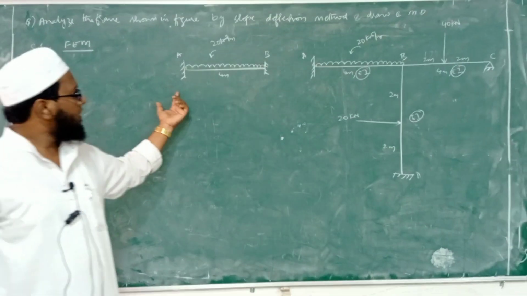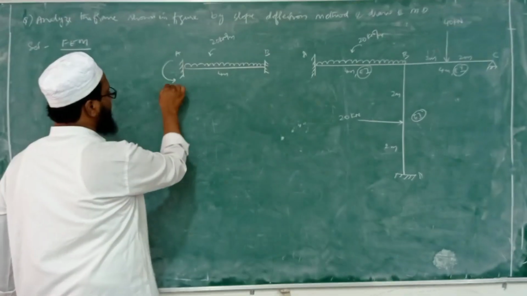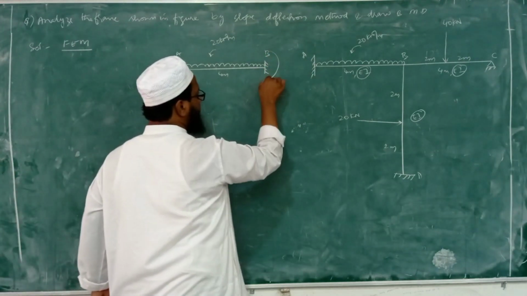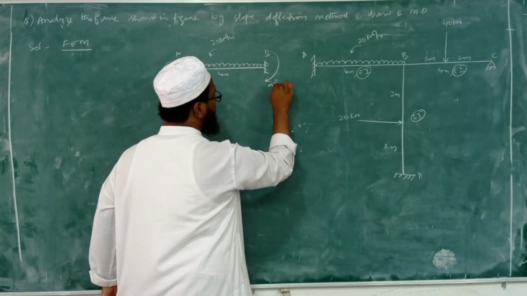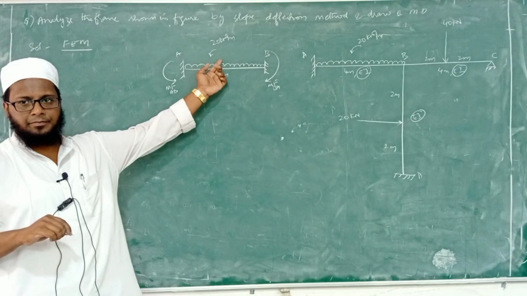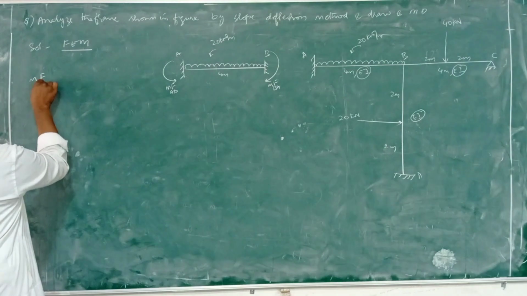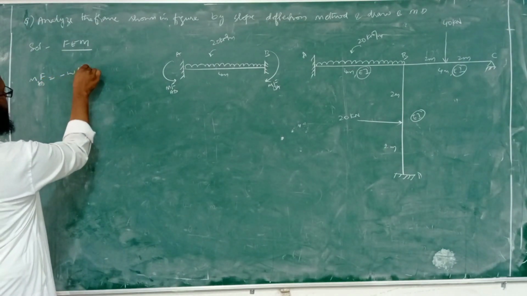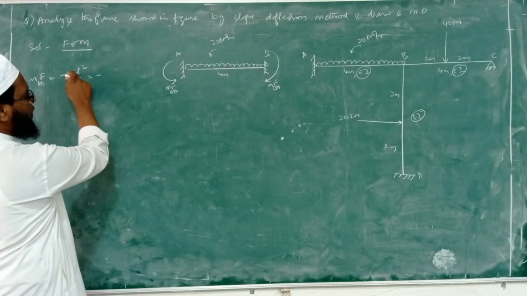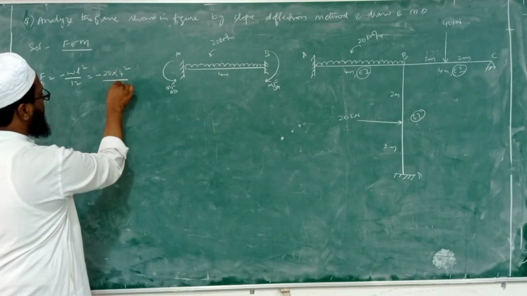To overcome that deflection, these supports will provide moments. Okay. So that moment is, one will go in anti-clockwise direction, another one will go in clockwise direction, that is MF BA. Okay. When this type of loading is there, UDL is there, our fixed end moment MF AB is equal to minus WL square by 12, isn't it? So minus W, what is the value of W there? 20 into 4 square by 12.